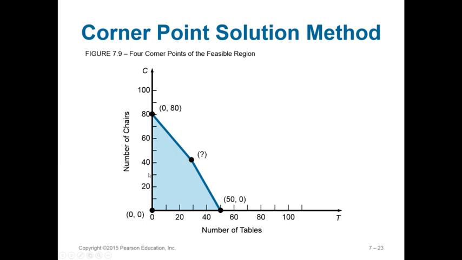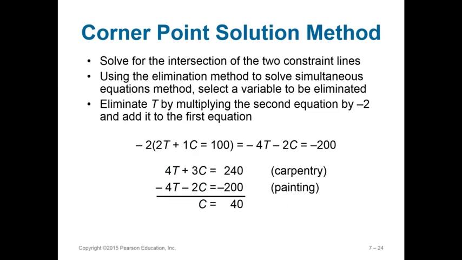Now, not all the corner points are going to produce the same amount. In fact, it's unlikely that they would produce the same amount of profit. But at least we know where to look. And 0, 0, if you produce nothing, is definitely not going to use up all the labor, but it's also not going to bring you any profit. So you could probably drop that one out very, very quickly. So you can try to use